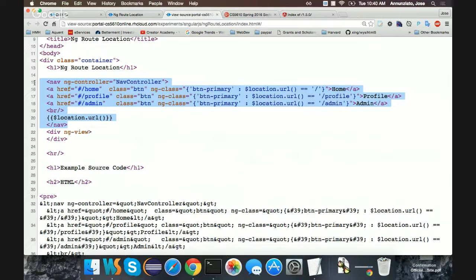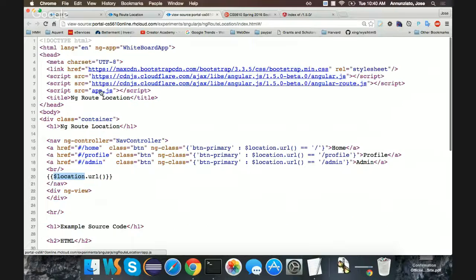which itself has its own controller, and the only real thing that controller does is provide this. Notice this is a variable. Presumably, who put that variable there? The only way that it made it here is that somehow the $scope made it available here. So if we look at the controller, let's go to the app,